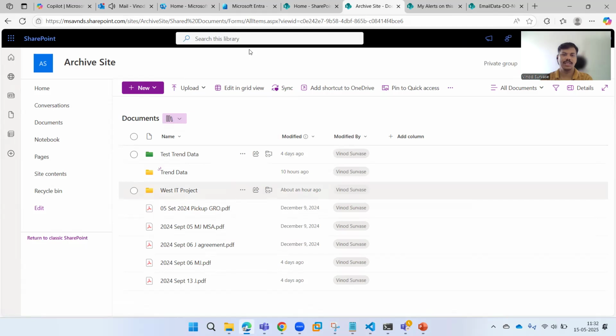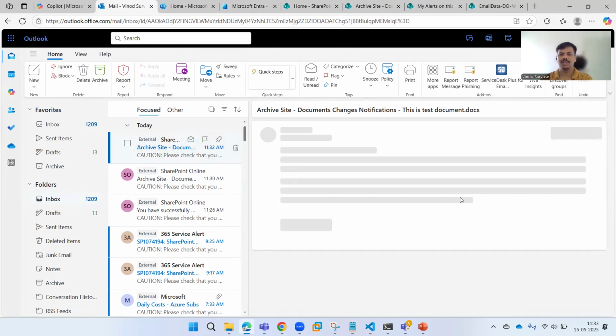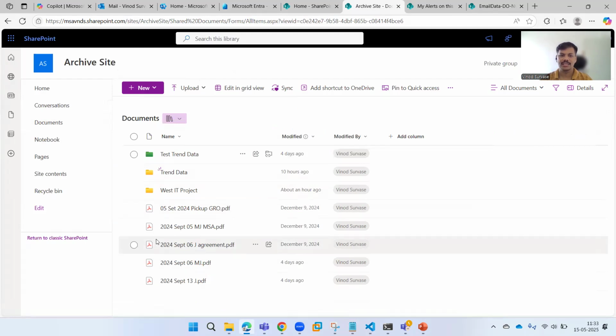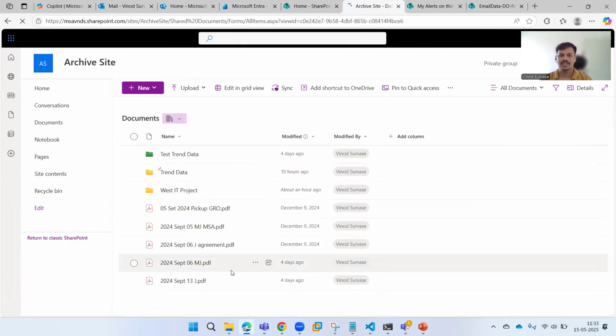Perfect. We got an email. Let's go ahead and see. Perfect. So here's the email which says this is a test document, right? So this document was created with this name, and this is that email. The first email was for document creation, right? So there are different alerts which are being sent for different notifications or different changes basically. And sometimes it takes time. I believe it is just taking time to